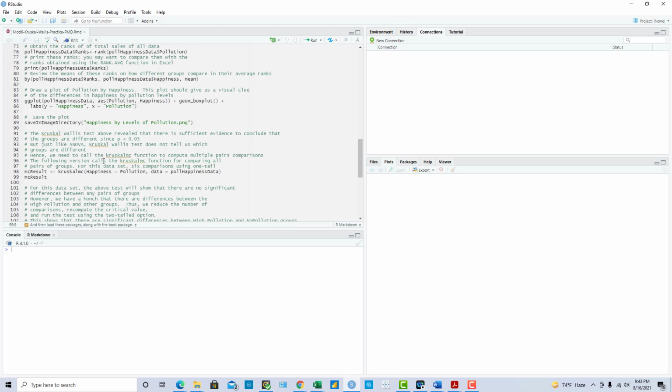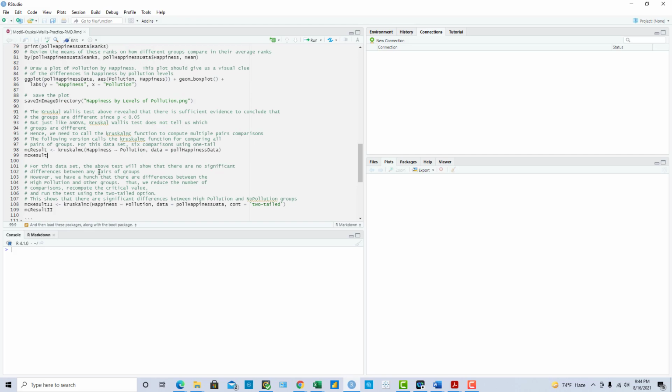However, if you recall from the Excel example, this does not yield any significant differences between any pairs of groups because we are doing 6 comparisons using one tail tests.